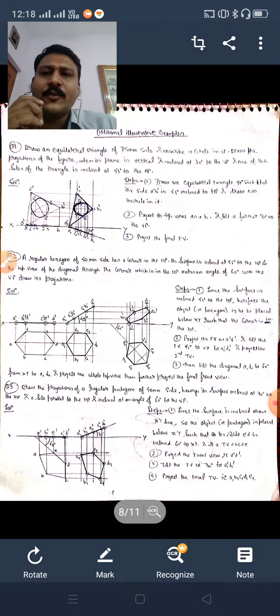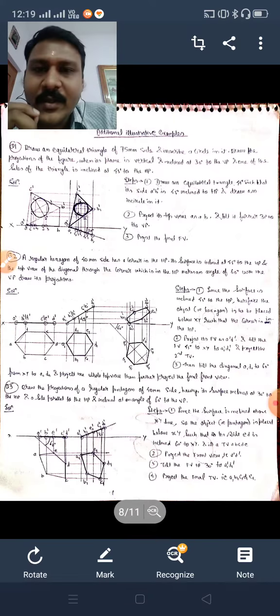One other method is also there. In my notes you might have seen that method, that's why you are getting confused. So you can draw that question by the method which I have already explained you, and I will explain that other method also, no problem. One or two questions are there, so I am explaining them, that's why I am preparing this video. So let us continue with the video.